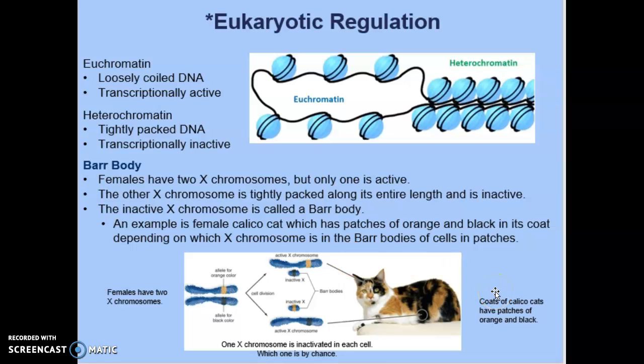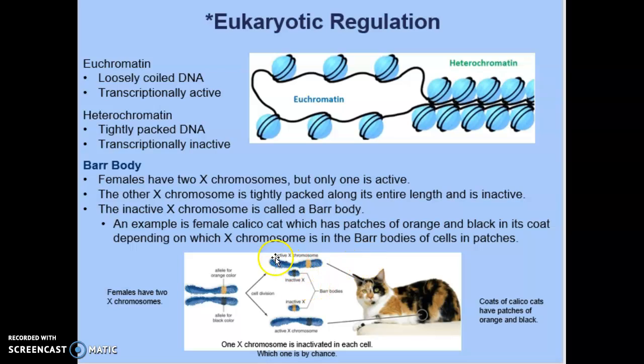If you didn't know this before, this is interesting. All calico cats are females, and here's why. Females have 2 X chromosomes, and on the X chromosomes of these cats is going to be the allele for hair color. So you can see in this cat here, we have one of the X chromosomes, because remember they're diploid, so they have 2 copies of the sex chromosomes. In this case, it's a female, 2 X's. And one of those X sex chromosomes is coded for orange coloring, where the other is coded for black coloring. And in each, only